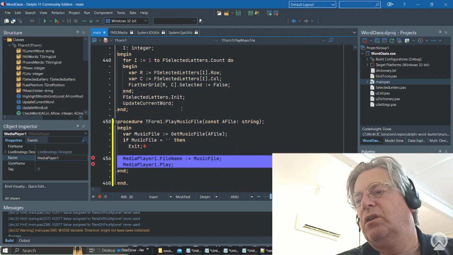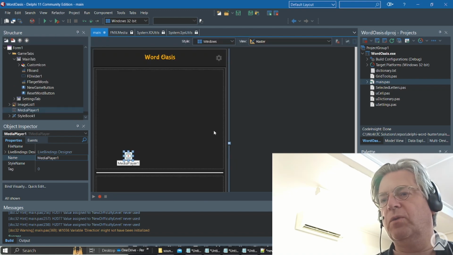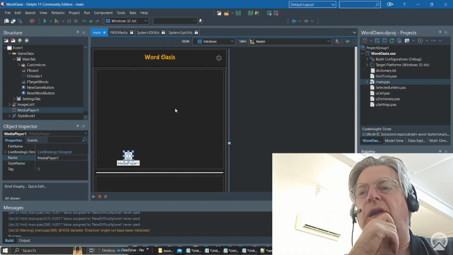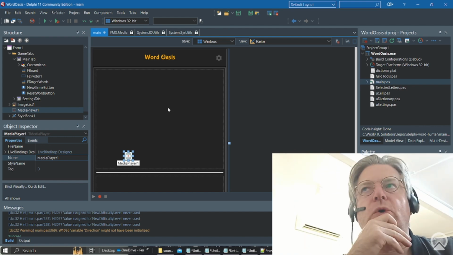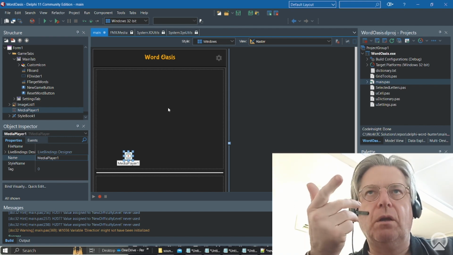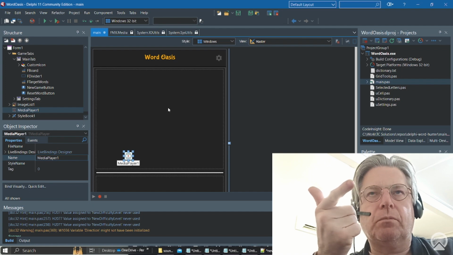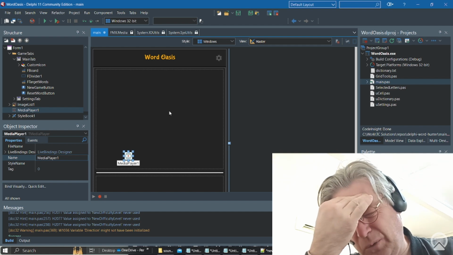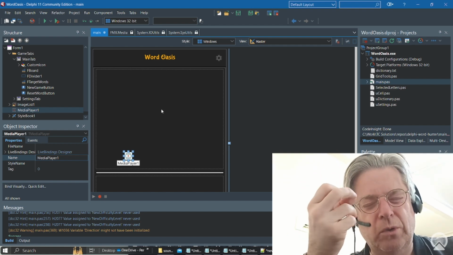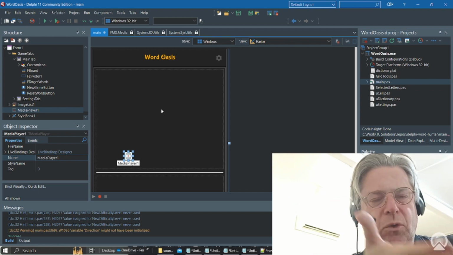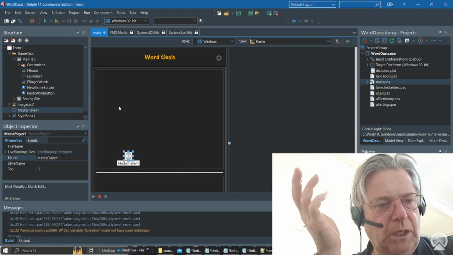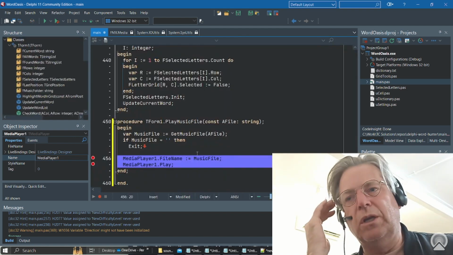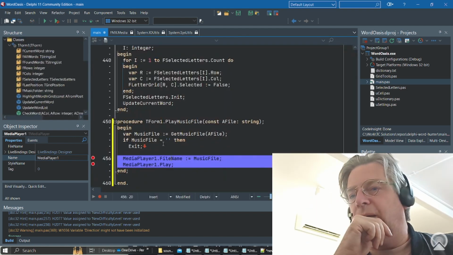That duration issue. So far we've got both of our sounds working, and the next part of the program I could work on would be the level difficulty. The level difficulty, by the way, will control how many words you find and the size of the grid you're working on. But I think what I might do is just have a look at the